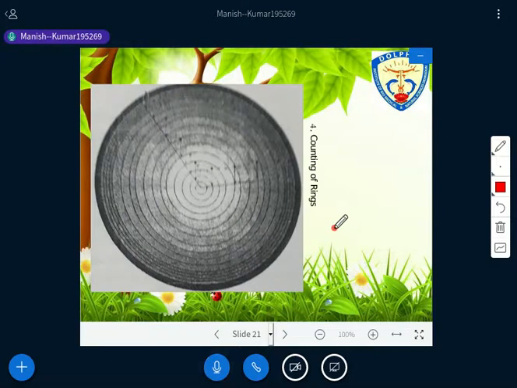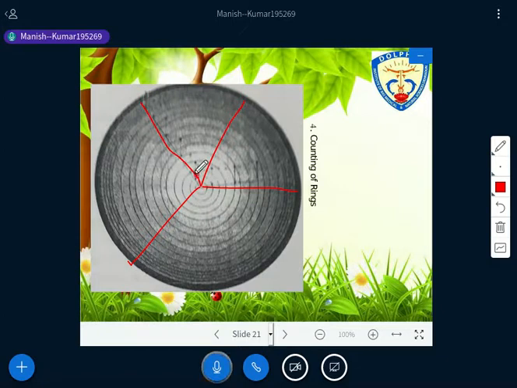No counting of rings. Counting of rings is there, and as I have already discussed in stem analysis, the same process has to be used here. You have to draw the radius from pith to cambium. Generally 2 radii, but it is suggested that you can draw 4 radii from the 4 sides. Then things become easier, but 2 radii is also sufficient.